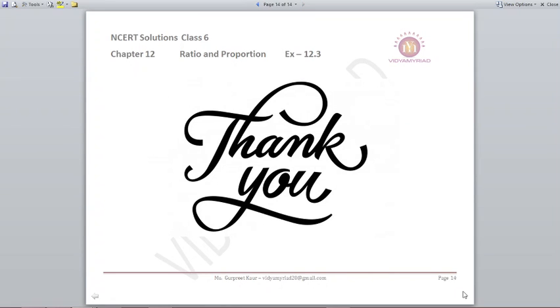That's all for this exercise 12.3, children. It was very easy. Just find out the unitary method, how it is to be done. Frame it. The one which you have to find, keep it towards your right side. Find the two parameters in the question that are relevant to it and then write it accordingly, so that it becomes easier for you to know the price for one unit, and then we will multiply to find out the price for the other units. That's all for this, children.